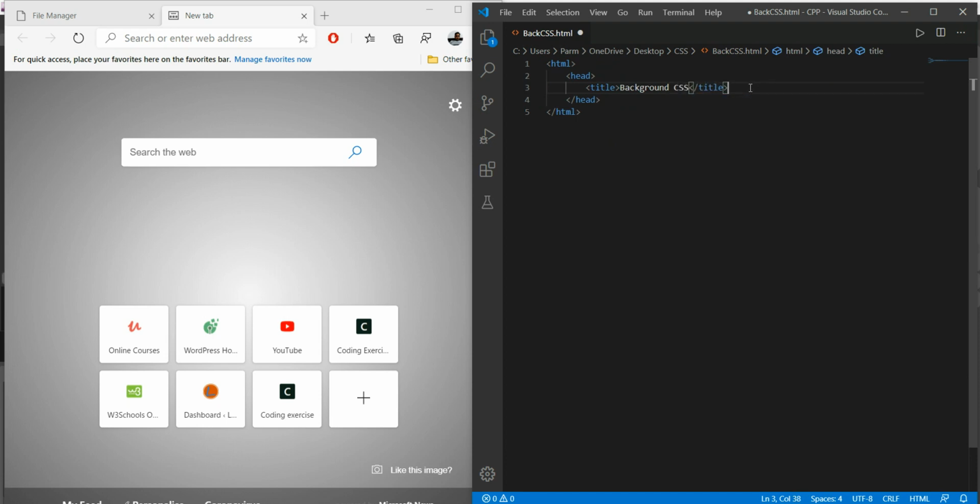Okay, then I'll go with body. Now I just wanted to give a background color to this.